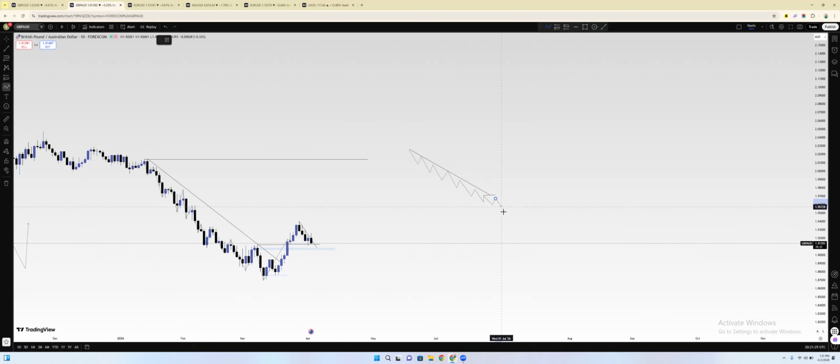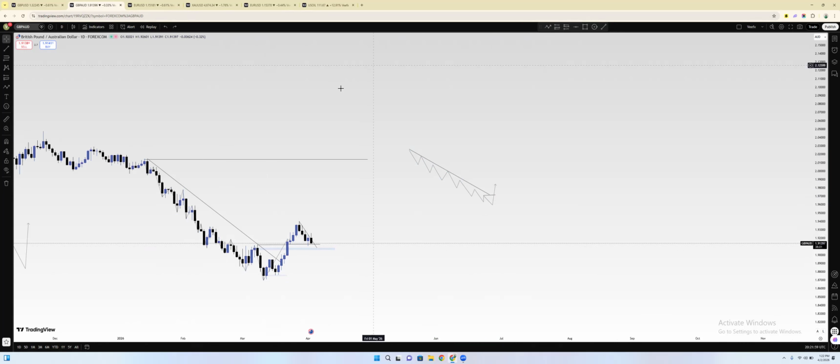That is why we call this a market structure shift, because the last lower low for this downtrend took out the last lower high. So that is when we confirm a market structure shift, just like in this case right here. You can see this was the last lower low, last lower high, last lower low, last lower high, last lower low. Now this last lower low came and took out this last lower high, causing a market